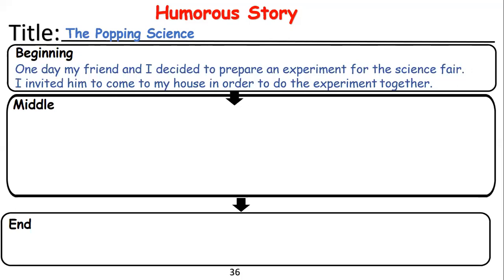The characters we can find here: my friend and I. So these are two characters, and the whole sentences explain the situation. Okay. What can we find at the middle? We said that the middle describes what happened, and should use the transition words. Okay.